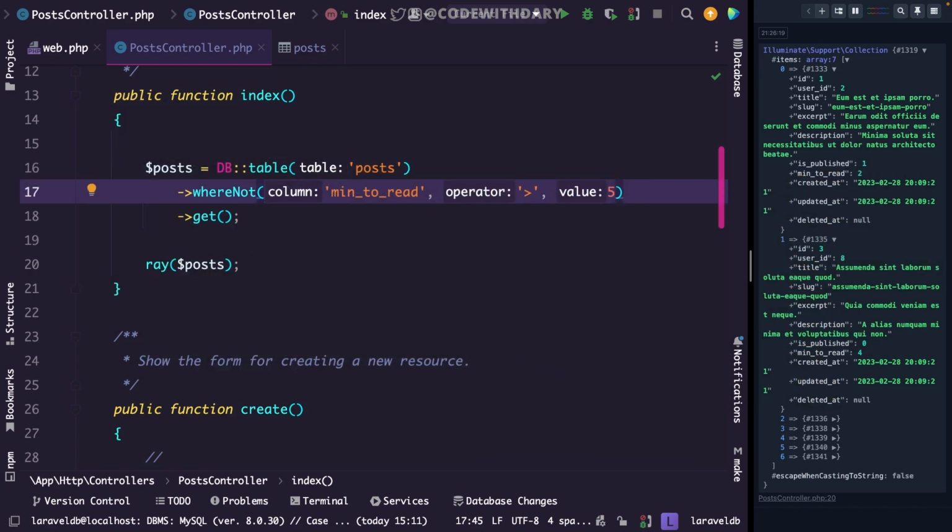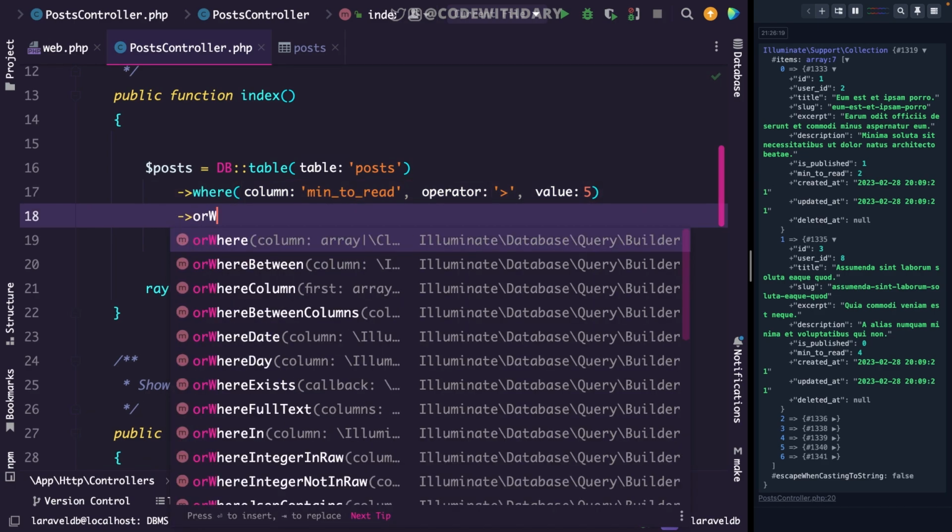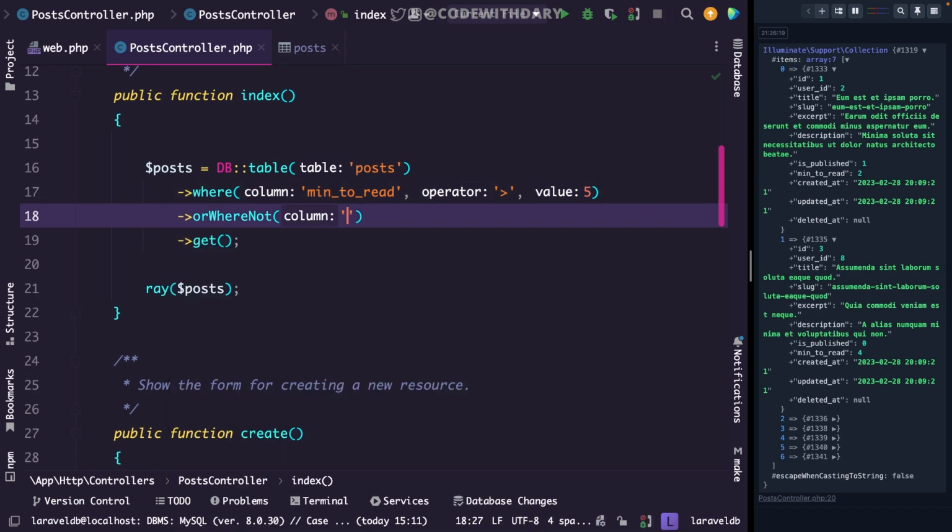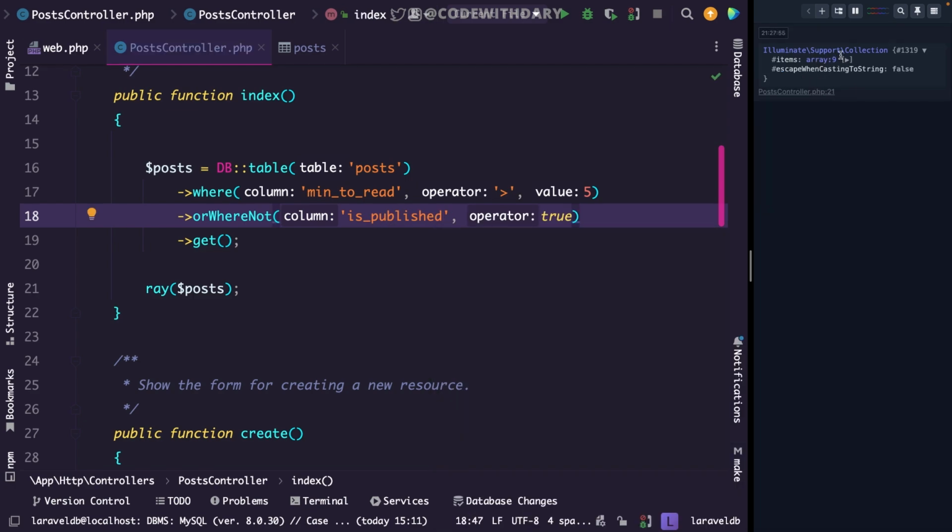This method can be used in combination with the where and whereNot methods to build complex queries. Let's consider an example on how we could use the orWhereNot to the fullest to retrieve all posts where the minutes to read is greater than 5. So let's replace whereNot with where, and let's chain the orWhereNot. The is_published is true. In the output, you will see that it returned back with 9 rows, and if we